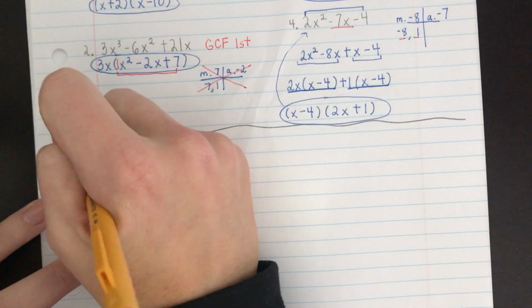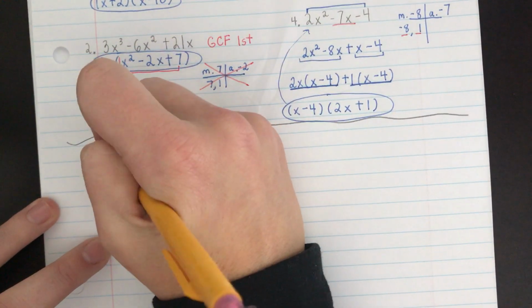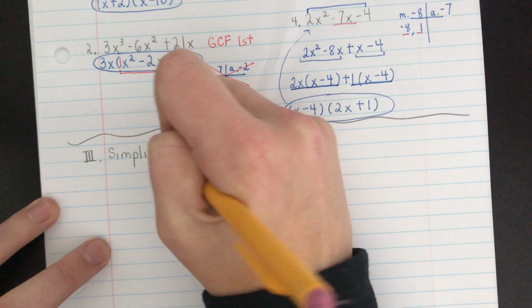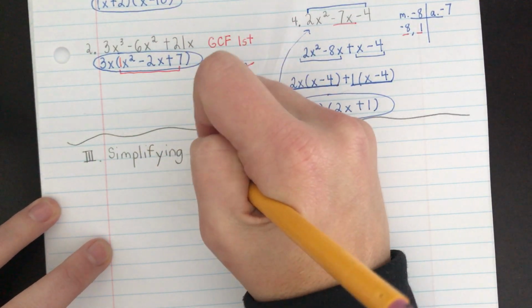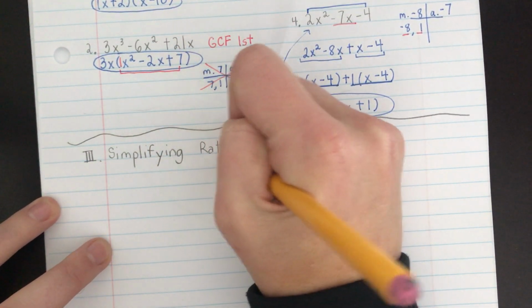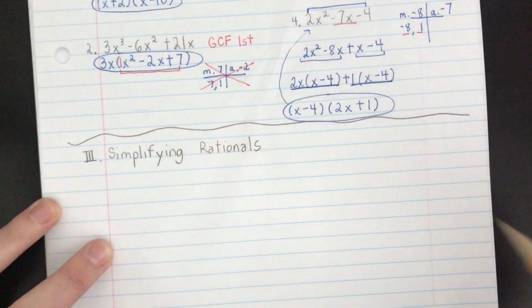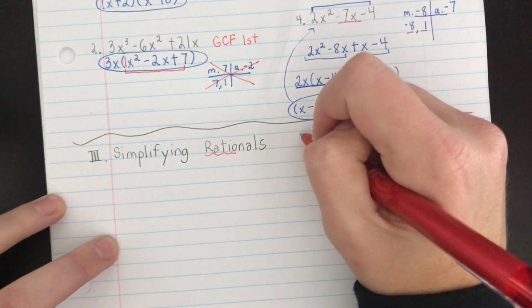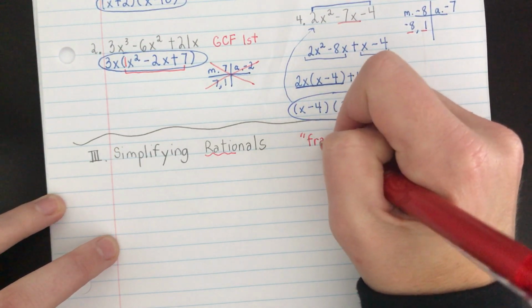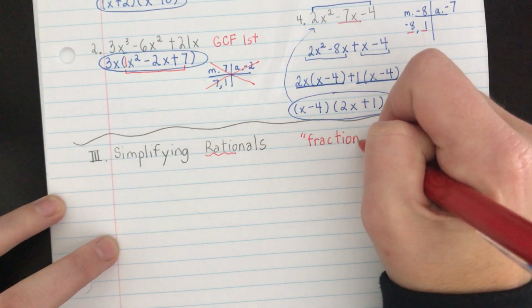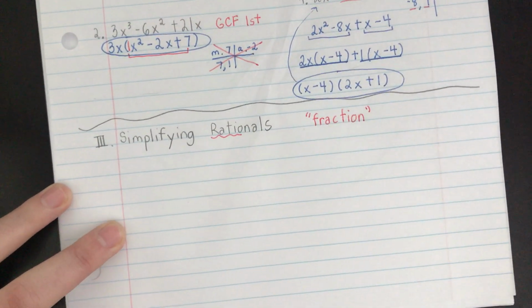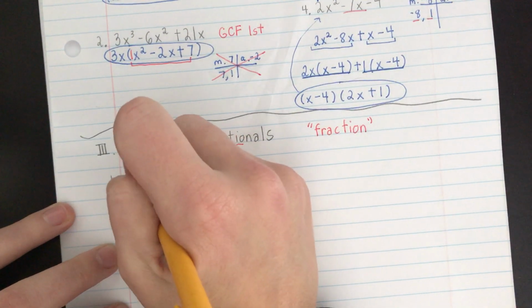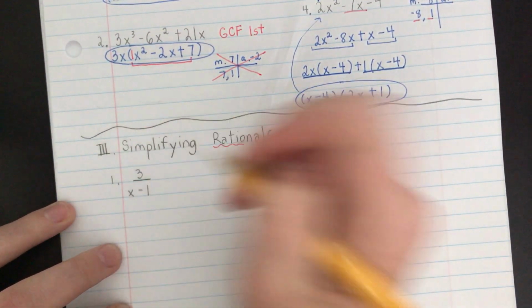So section 3, simplifying rationals. And just remember, the word ratio is in a rational, and ratio really means fraction. So simplifying fractions. So number 1, if you have 3 over x minus 1